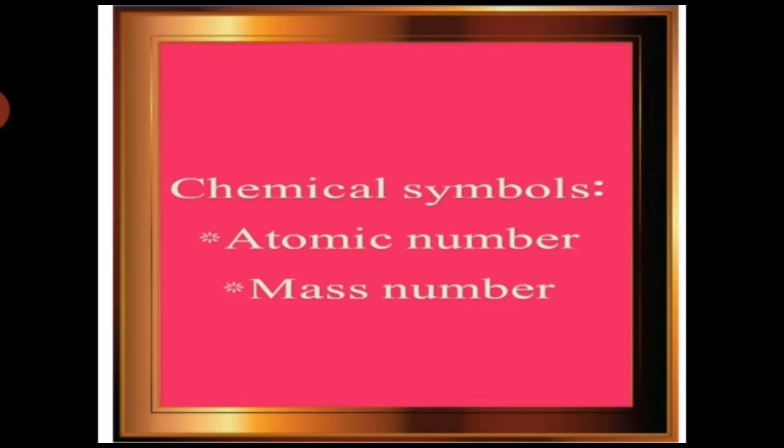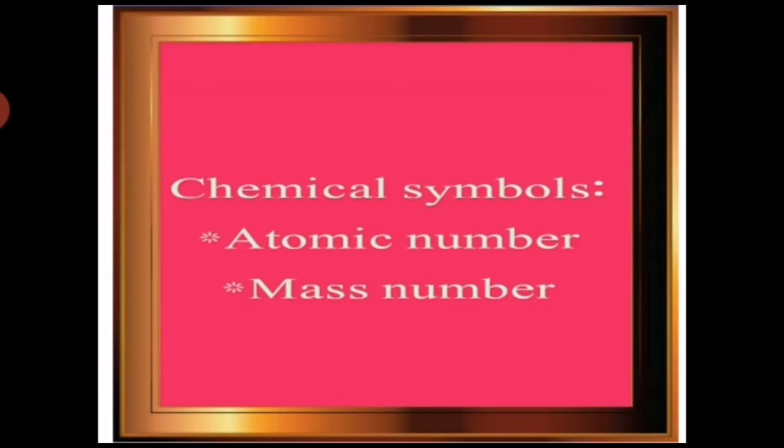Calcium, for example, has the symbol Ca, which comes from the first two letters of its English name. Iron, on the other hand, has the symbol Fe, which comes from its Latin name ferrum. Now we discuss other elements. In the case of magnesium, we write a capital M and a small g. In the case of zinc, we write a capital Z and a small n. So this is the short discussion on the chemical symbols.